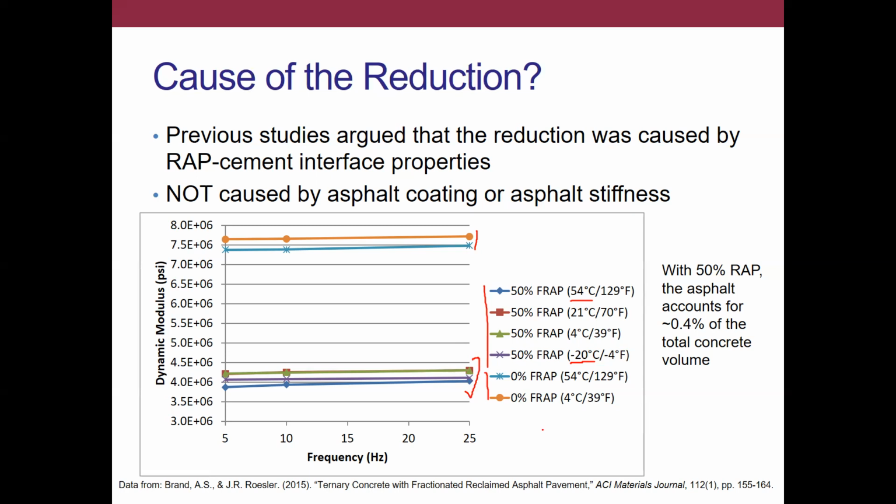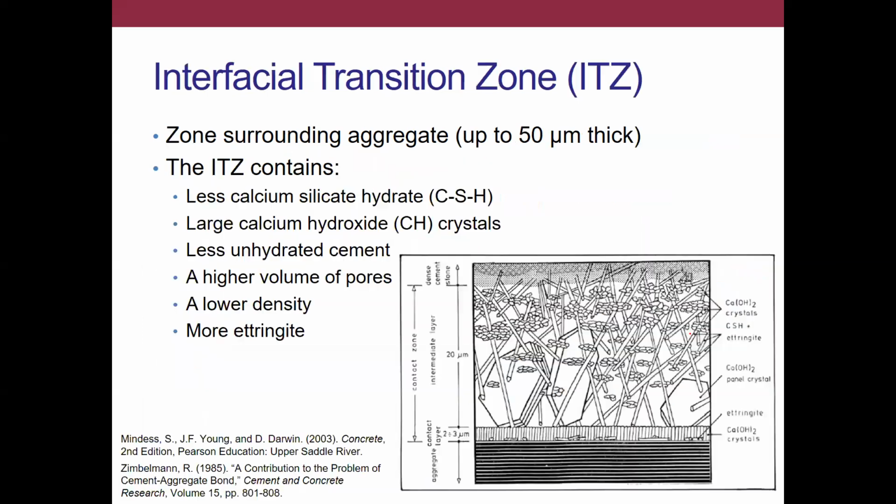And really, this is perhaps no surprise because once we go through the calculations, knowing how much asphalt was on the RAP, and in this case, it was, I believe, somewhere around 2.1%, of the total volume of the concrete, the asphalt only accounts for less than 0.5%, right? So really, this led us to conclude that, more than likely the asphalt amount in the total concrete volume is really not sufficient to be the primary cause here, right?